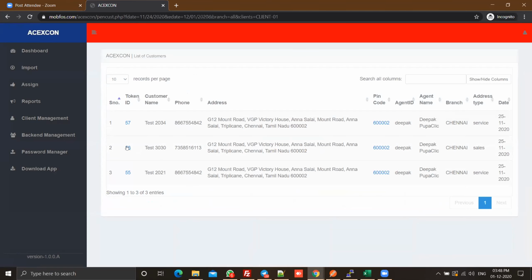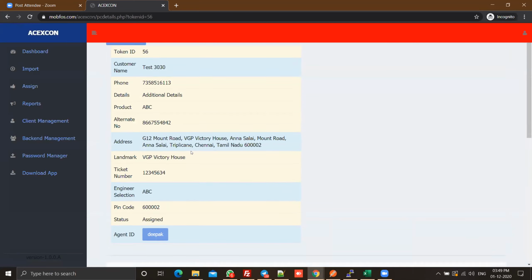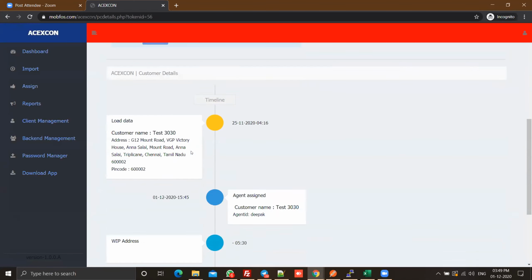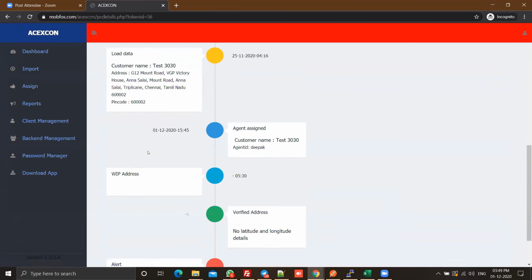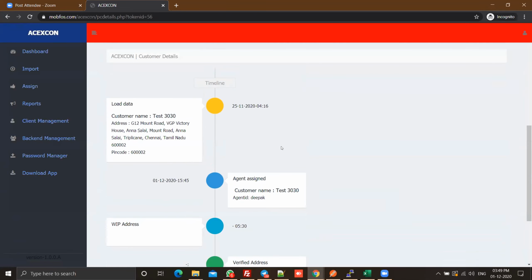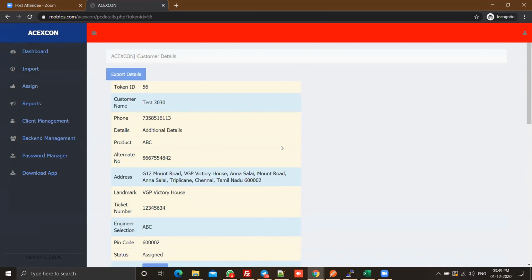And you can see the import details here, the case flow, the load date, and all those. So next, when the case is assigned here, the executive will get a notification in this app stating that the case has been synced. Once he clicks on the notification, the app will open and he can start the processing.